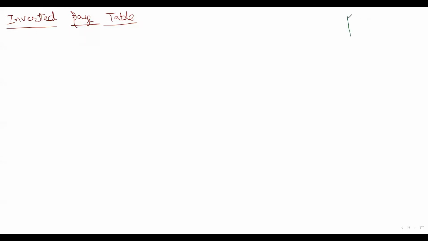In our actual case, this was our page table, and it was indexed by page number, and we get the frame number. Now the inverted page table says that let's have a single